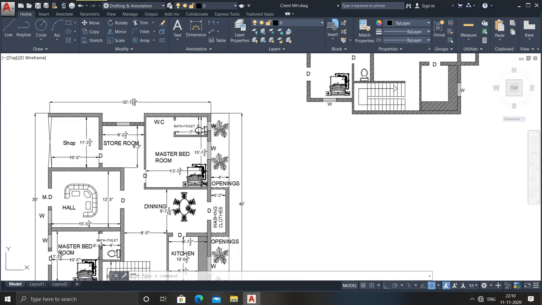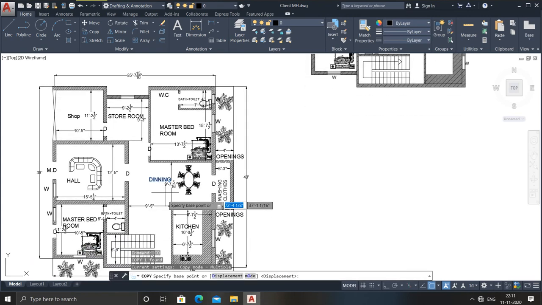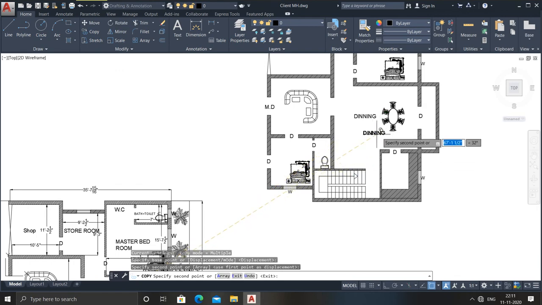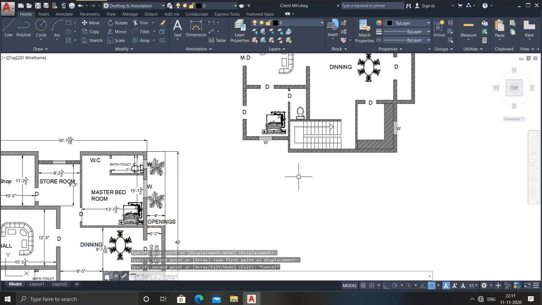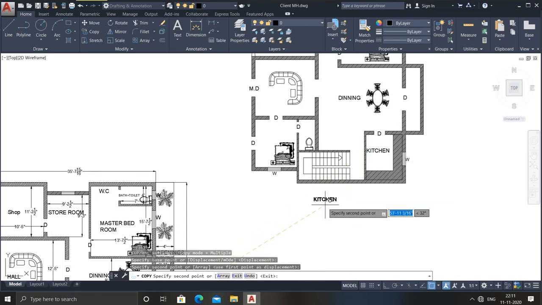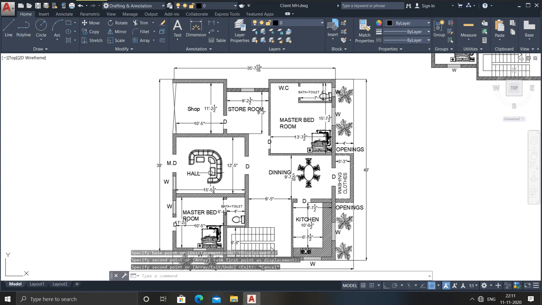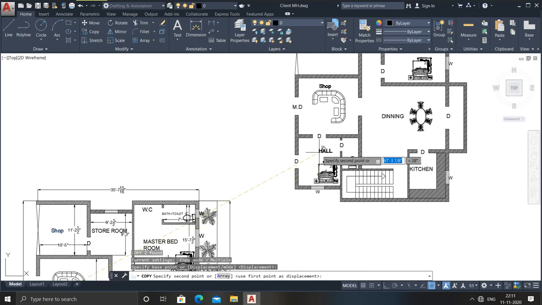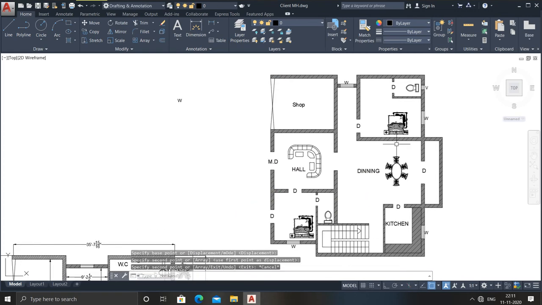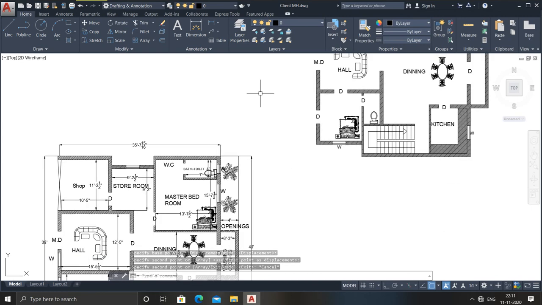Now after that I need to place some specifications, means this, right? This is my dining. You can assume this as your living room also. Keep it. This will be your kitchen. Go for the copy command. So here I have placed it. Escape it. Just go for this hall, shop. Go for the copy command, directly, I will get it. Escape it. Now whatever things you want to mention over here, you can.